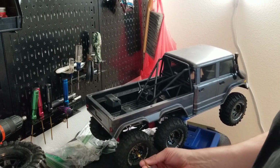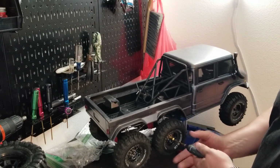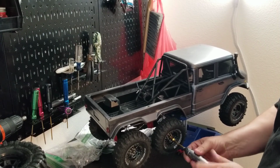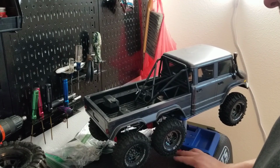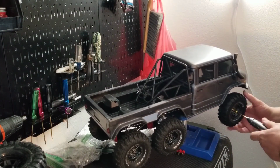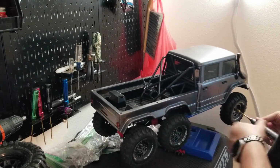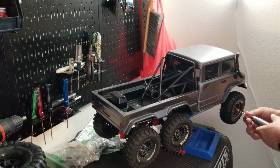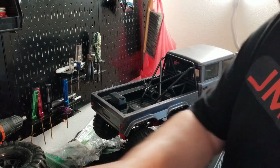I may take these along with me today, because we're going to take this out to a local crawl spot and test these Canyon Trails that are modified, with the foams that they come in on the wheels they come on, and we're going to see how they perform. And I may swap out the Deepwoods and even try them as well. I've run the Deepwoods before at the same location on a different rig. I feel like these are a good trail tire